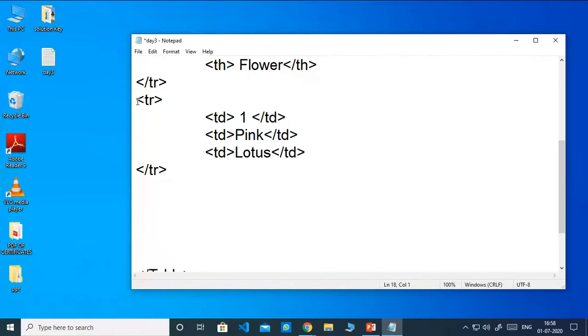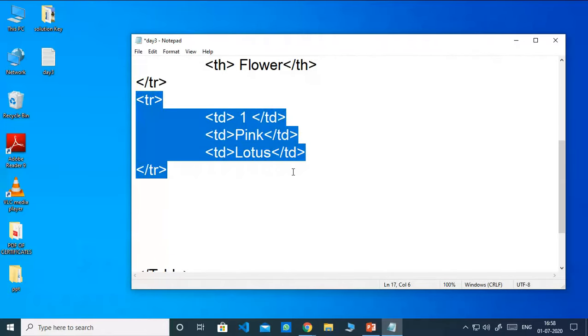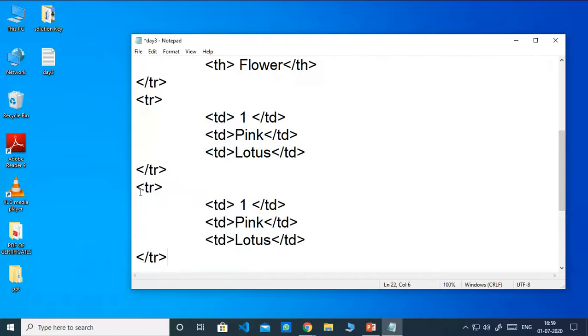So instead of wasting our time, let us copy this, Control C, and then Control V, and we'll change only its values. Let me say it is red, and here I type rows like this. So see what will be the result.